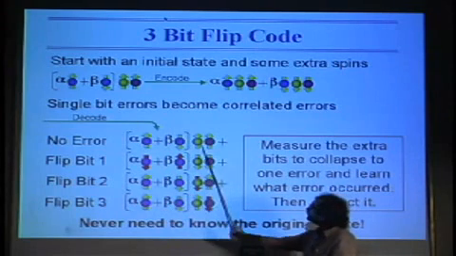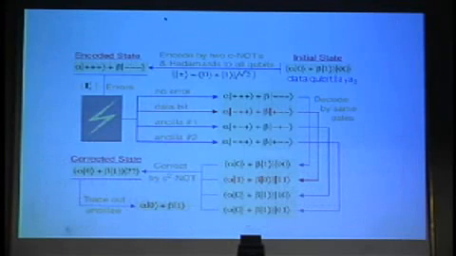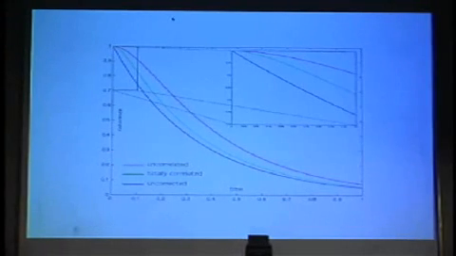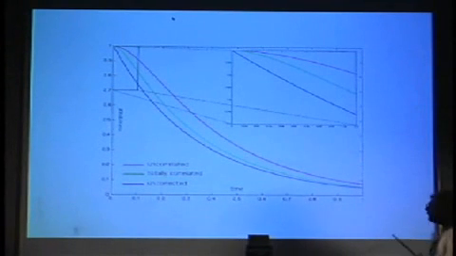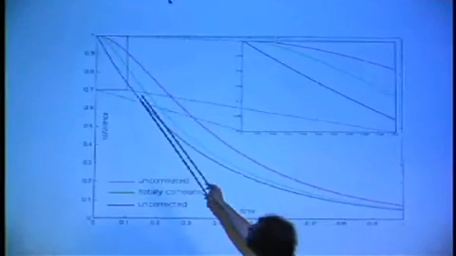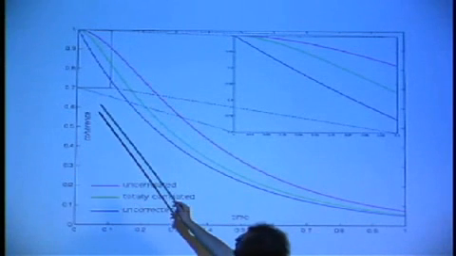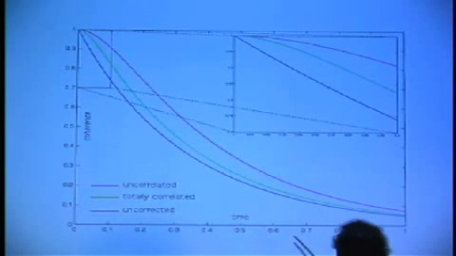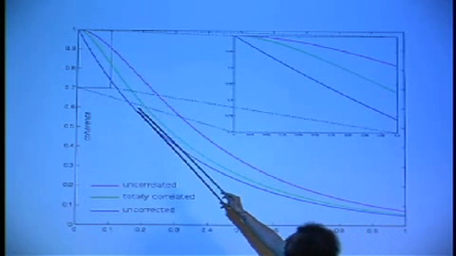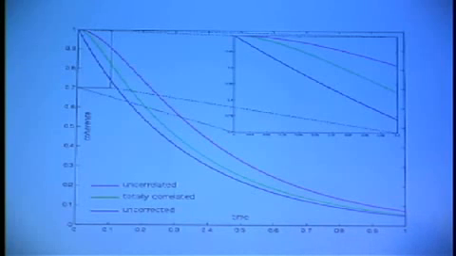Now, of course, by tracing over the ancilla, I've thrown away some entropy. Okay, this just says the same thing. Here's the data, and what I've shown you here is essentially the fidelity or the correlation of the initial state with the state that we prepared. This is time. Normally, what would happen is you would expect an exponential decay with time, because that would just be your exponential relaxation process.